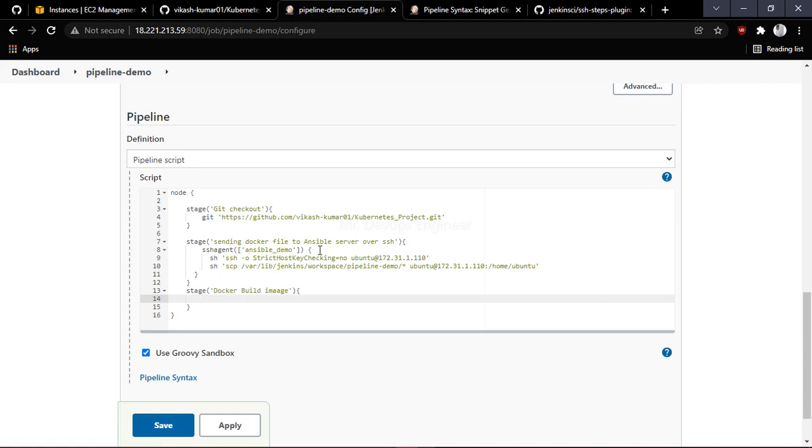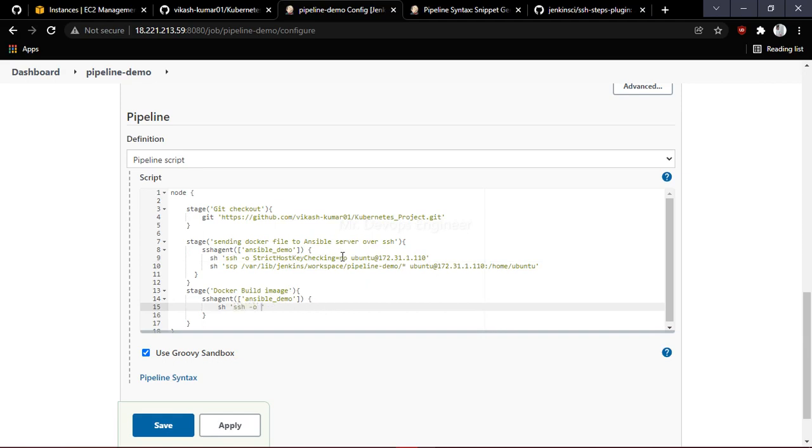So what I will do, I will just copy this, the first one only. If you don't know how to make this, just go through my previous video where I have told how to use this. Okay, so once this is done, we have to execute the command here, so that the Ansible server will start executing after Jenkins SSHes to the Ansible server, right. Okay, so let's just go ahead and first go to our server. Okay, so this is the one,